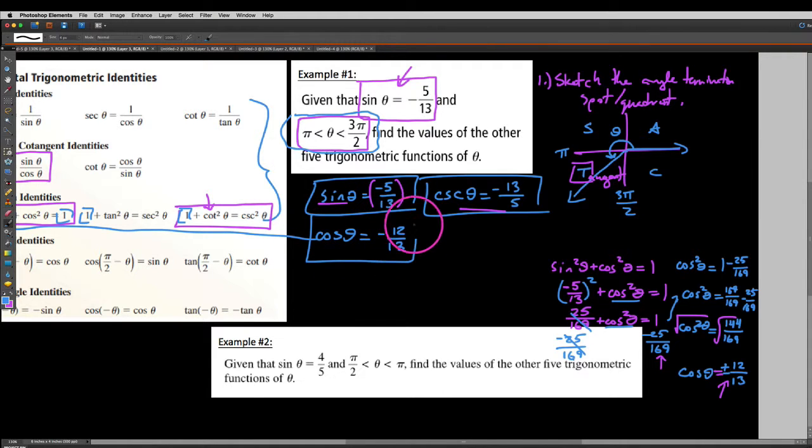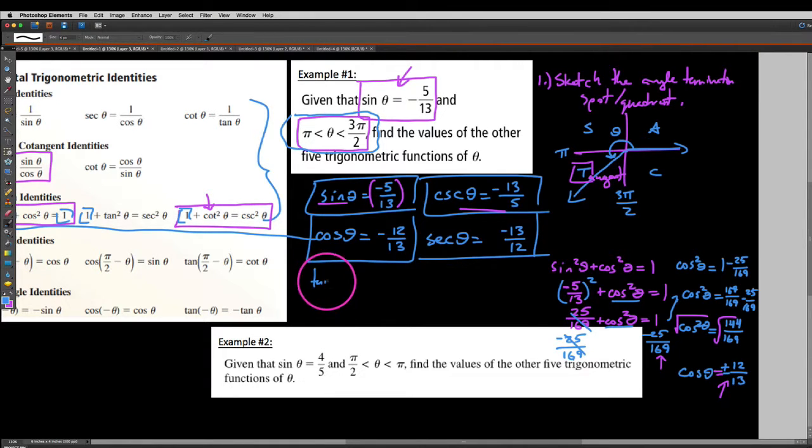I'm going to put a box around this. So splendid. Now we know the cosine value. We can use our reciprocal identities to find the secant value, which is negative 13/12. Cool. So now, to find tangent and cotangent, the wonderful thing about tangent is that we always know that the